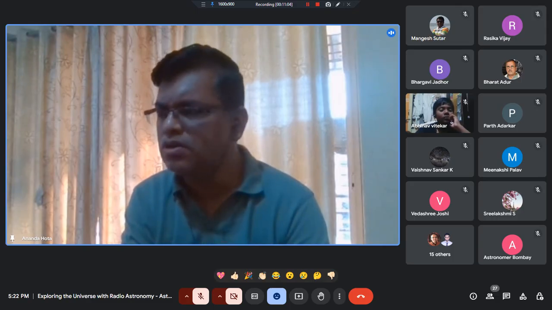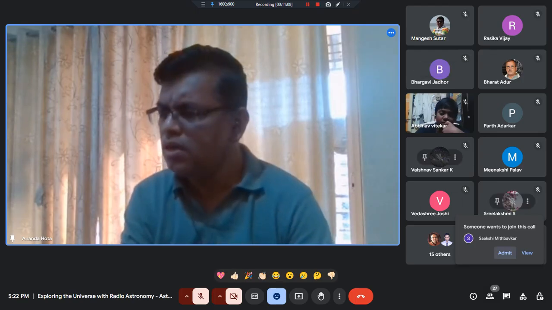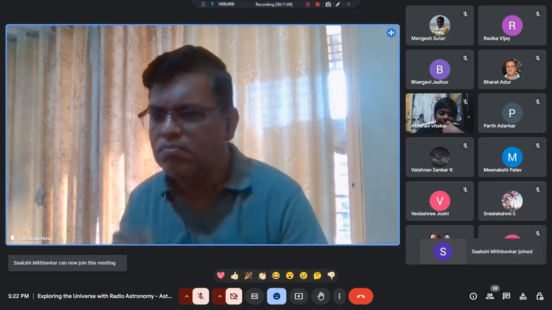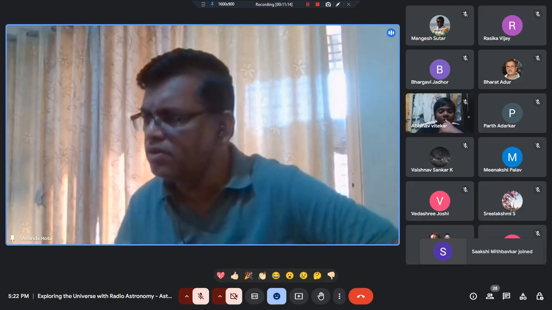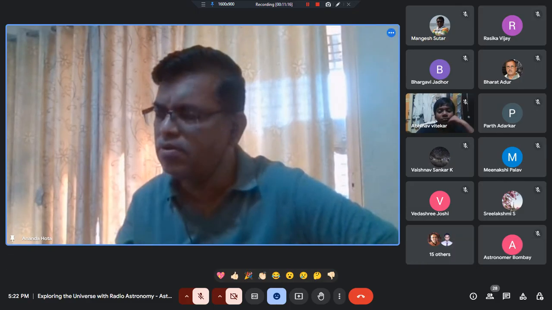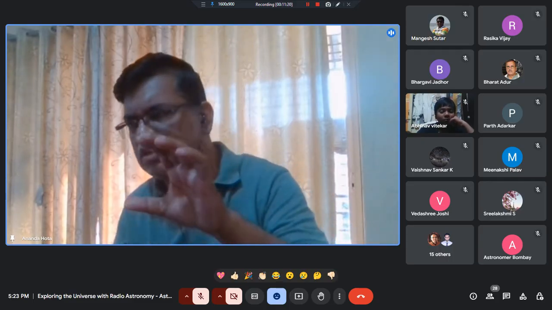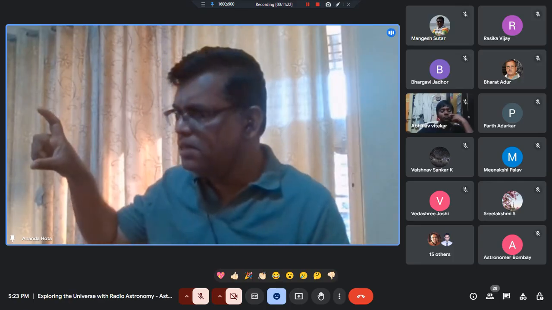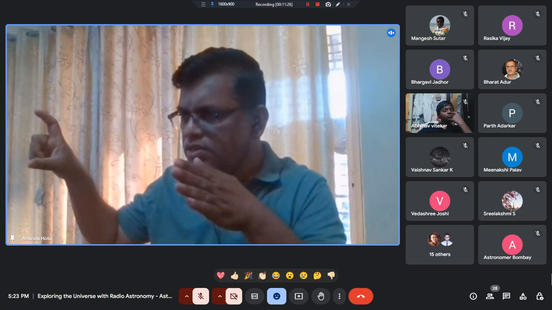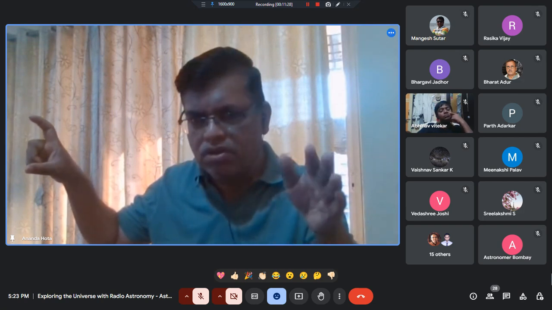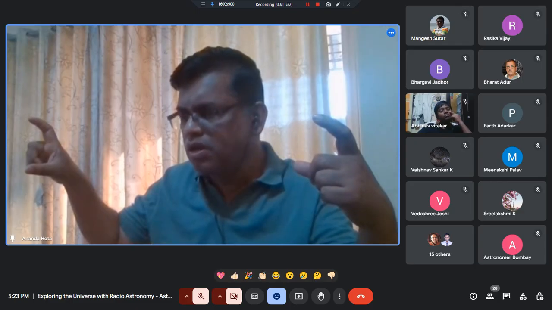I will give certain simple examples. For example, this is what I call measuring the moon with a mobile phone. You don't require a telescope. You have a mobile phone. What do you do? You take a photograph of a 15 centimeter scale, a small scale, kept standing against a wall, and from 1 meter distance or 2 meter distance, whatever, have your mobile phone ready with maximum zoom and take a photograph.